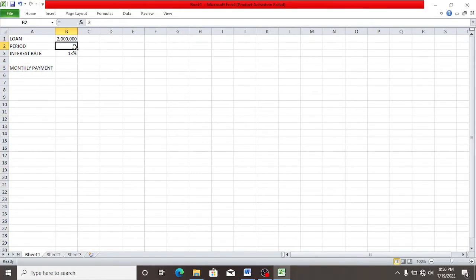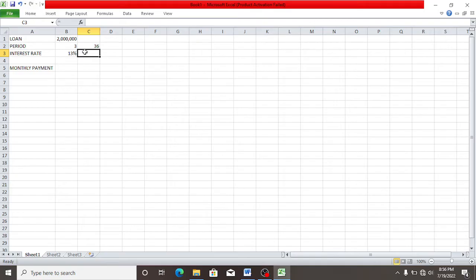Okay, so we should convert the period to months, and then the interest rate to months also. So what do we do? Let's convert it. To get the period, it's going to be equal sign 3 years times the number of months in a year, which is 12. Okay, press enter.